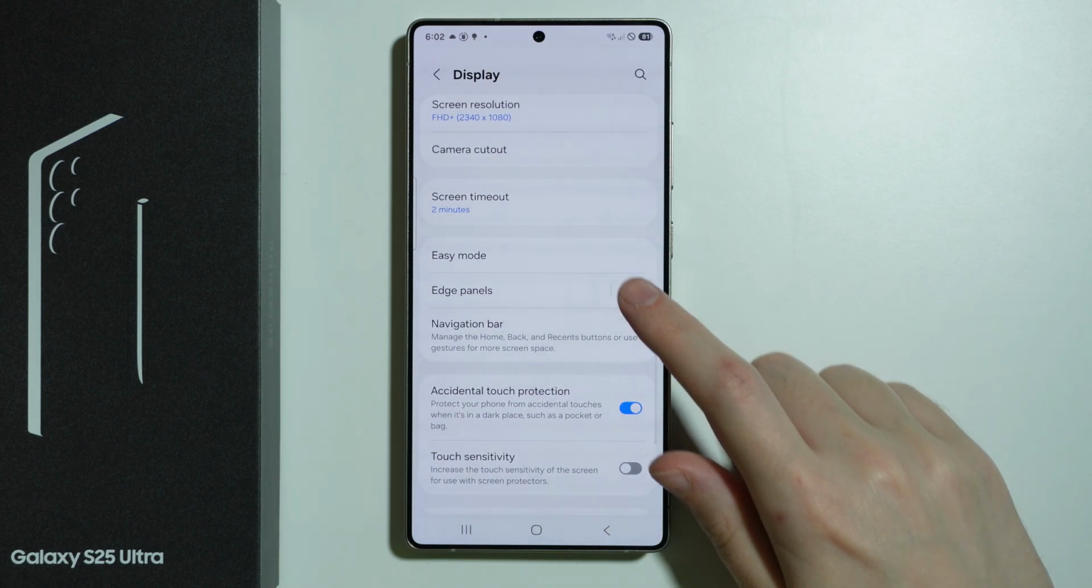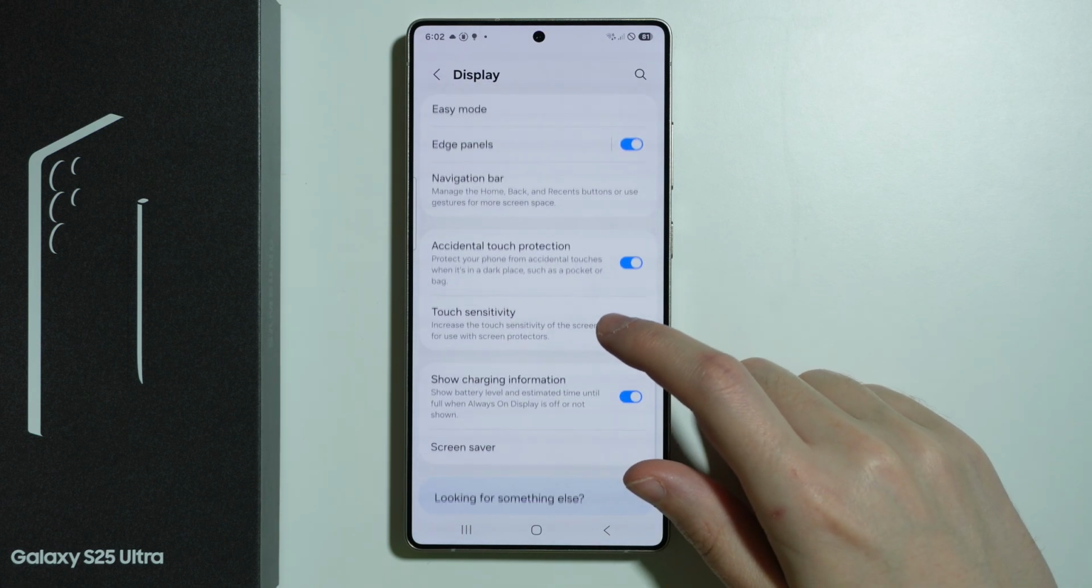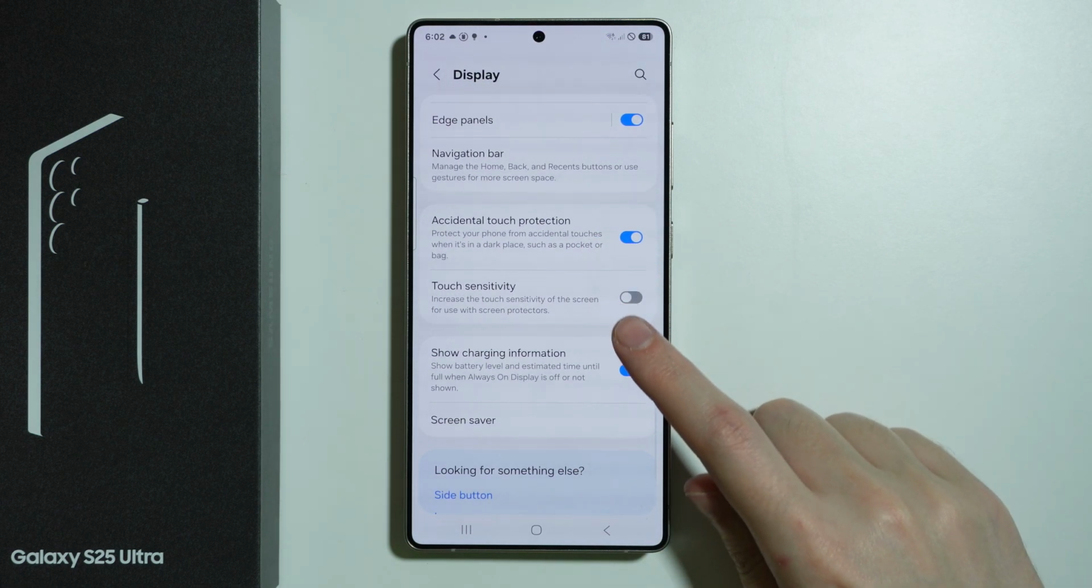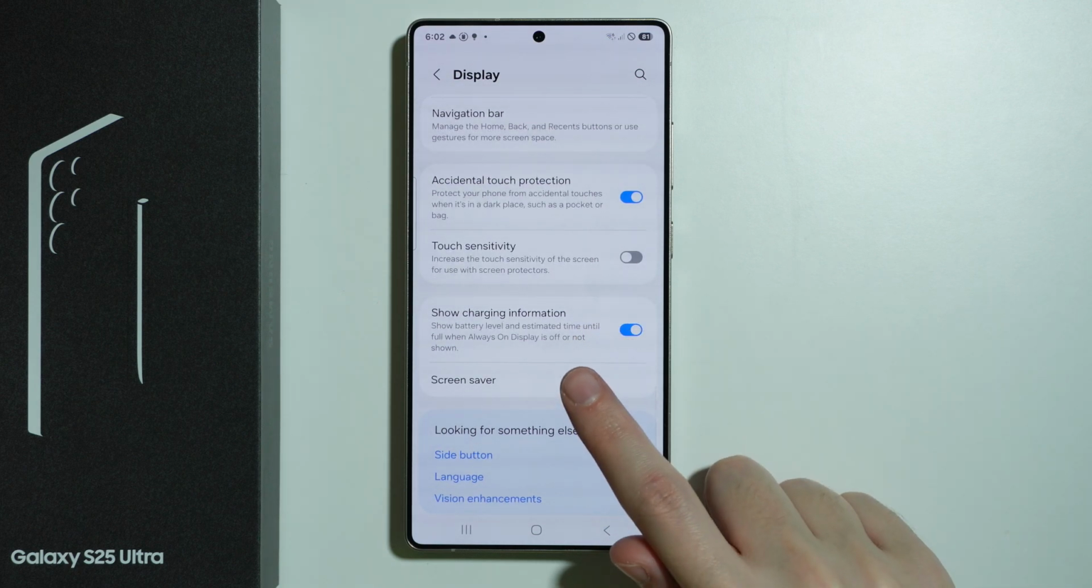We have the easy mode as well as edge panels. We can adjust the navigation bar. We have the accidental touch protection. We can increase touch sensitivity, and we can also show charging information and use a